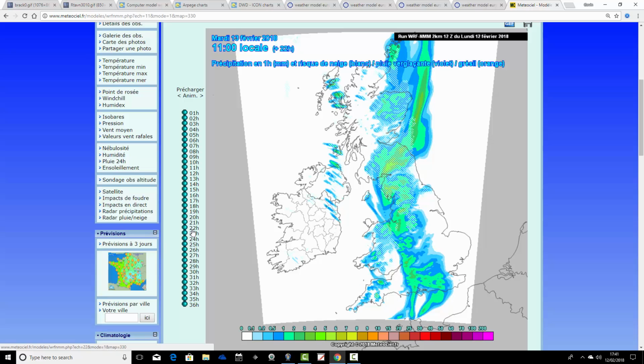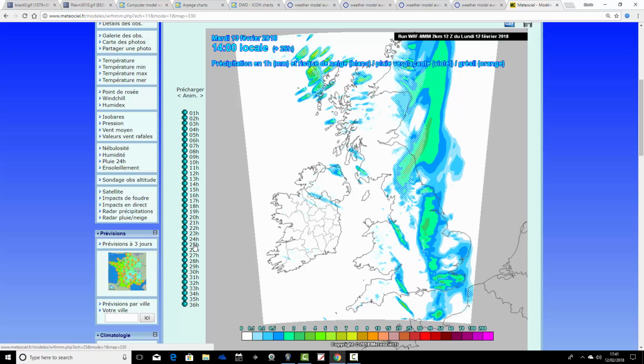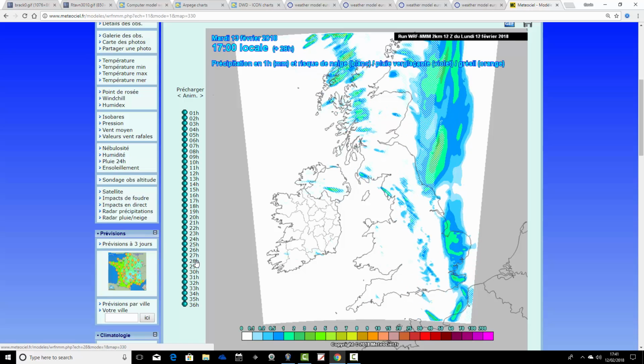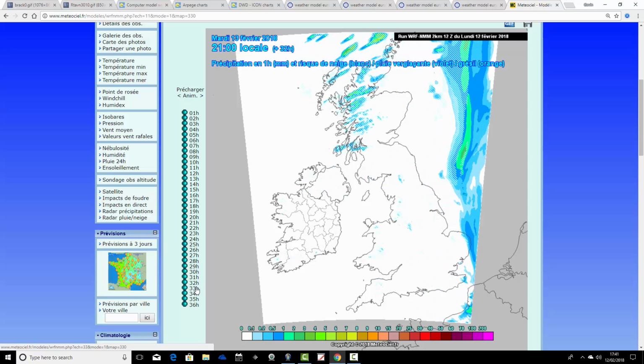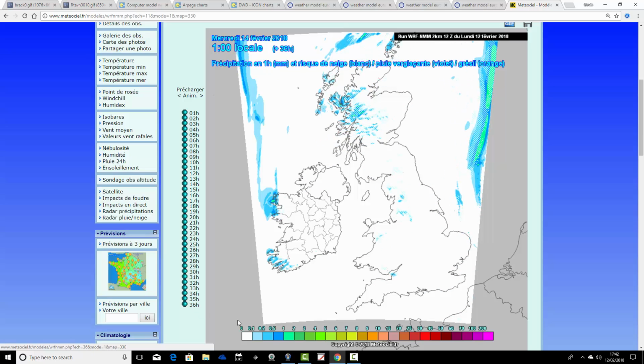Further south of that, through the Midlands, a little bit of a wintry mix, perhaps particularly for northern parts of the Midlands, but further south of the Midlands, and it's mostly rain. And then through the afternoon, again, that rain and probably a bit of sleet and wet snow lingering on the eastern side, taking a long time to clear away into the North Sea. Eventually, it does go away, leaving us mostly dry overnight, Tuesday to Wednesday, with a widespread frost and probably a